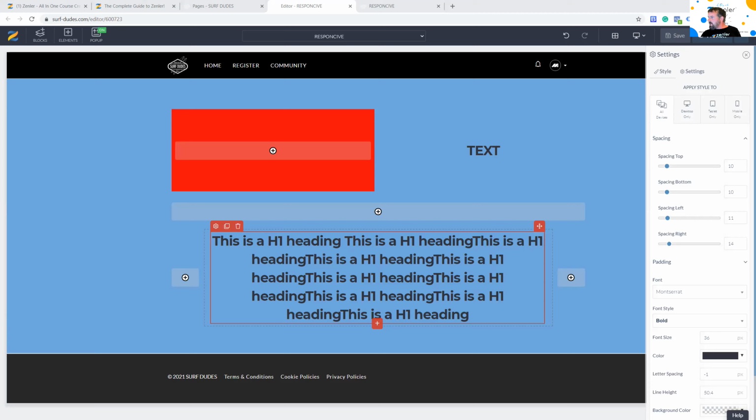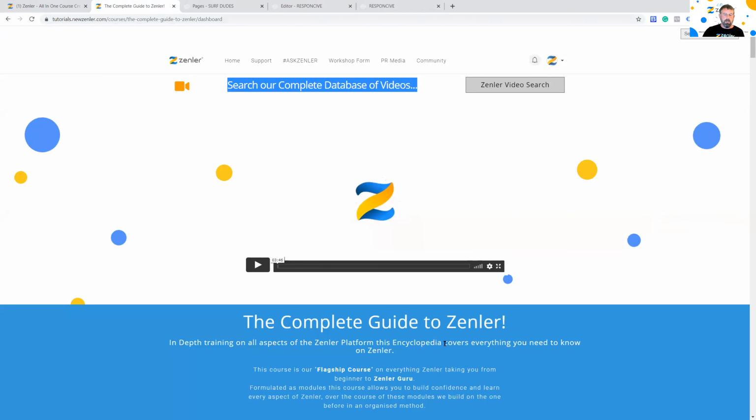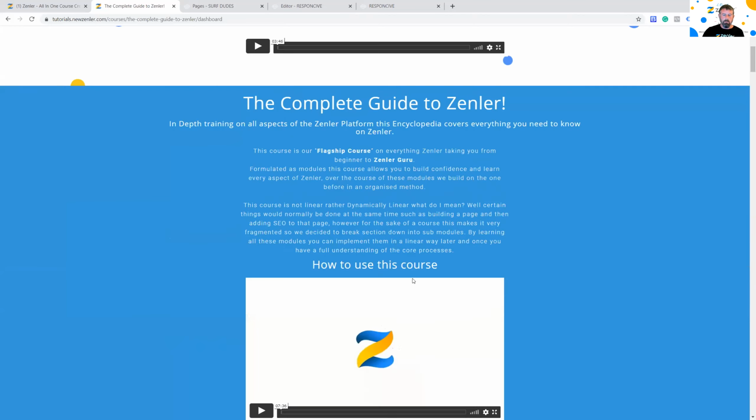So not sure it's easy to change thumbnails. I think so. We were talking about a bottom left corner, but zoom. Wendy, can you please show us how to resize the logo? Okay, Wendy. All right. So you can change the logo size. We don't like to talk too much about CSS coding, because we do not offer support on it. But you can find that in the Complete Guide to Zenler. Sorry, not the Complete Guide to Zenler.